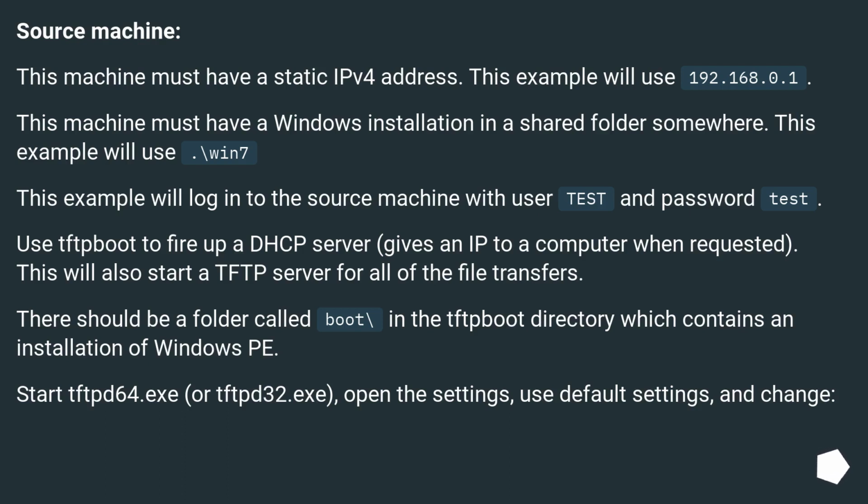Used for boot to fire up a DHCP server, give an IP to a computer when requested. This will also start a TFTP server for all of the file transfers. There should be a folder called boot/ in the boot directory which contains an installation of Windows PE. Start